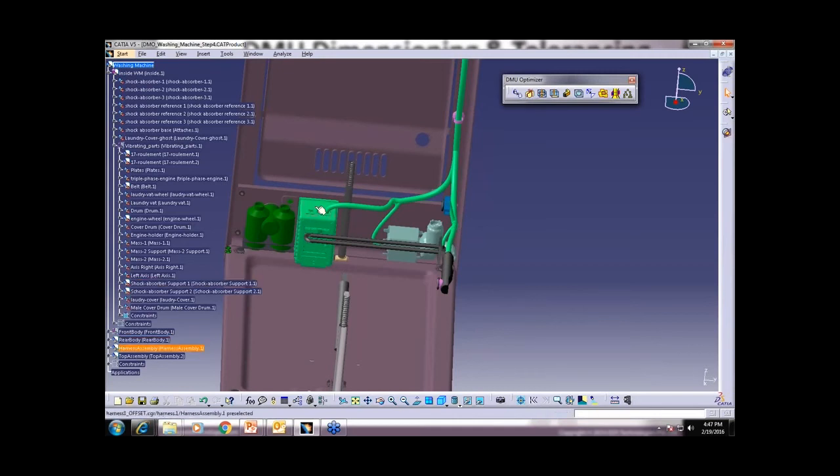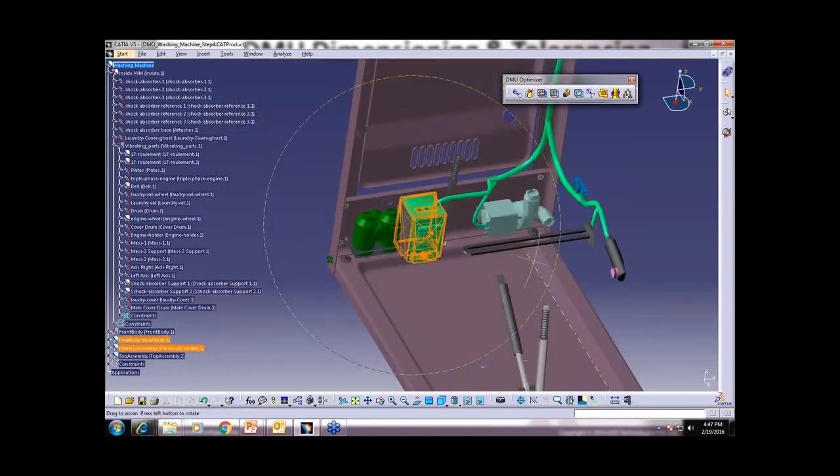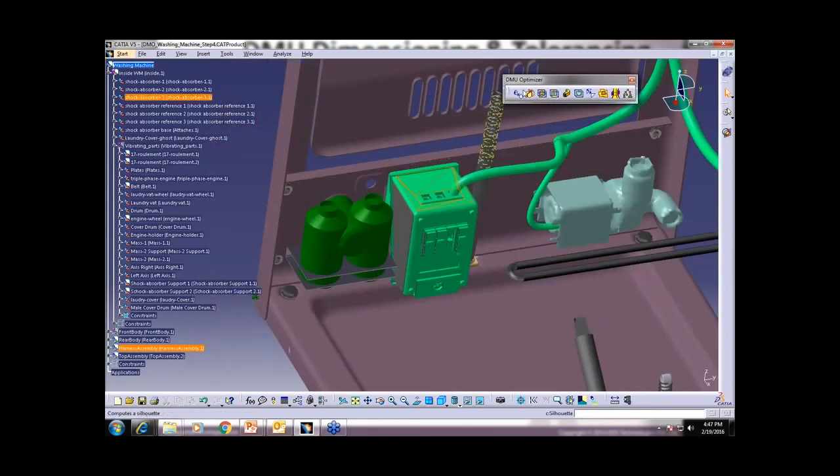Suppose we want to hide information of a part which is a patented part or any, so we need to keep security for this particular part. So we can create shield edges for this part.